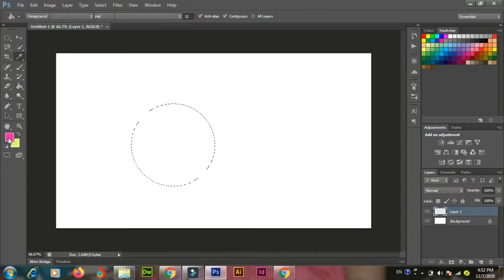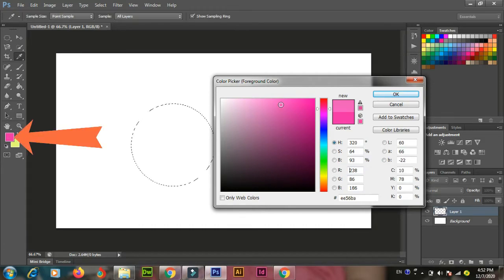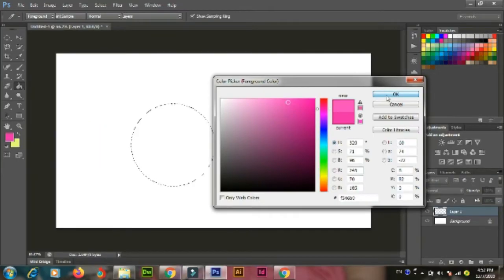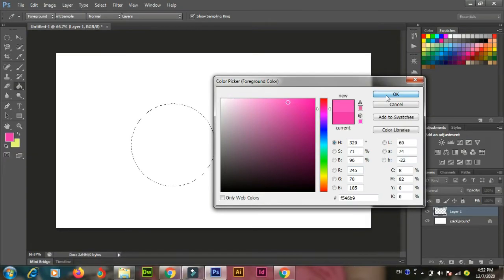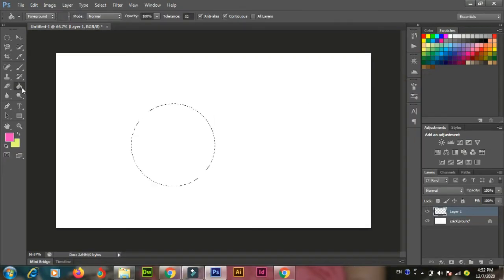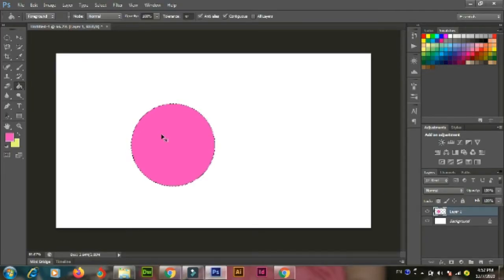Now we want to add some colors in it. So for adding the color, we can change the color from here. Select any of the colors, just like I want the pink color. Okay, I will select the pink color. Then from this paint bucket tool, you will click on this circle and this circle will be filled,